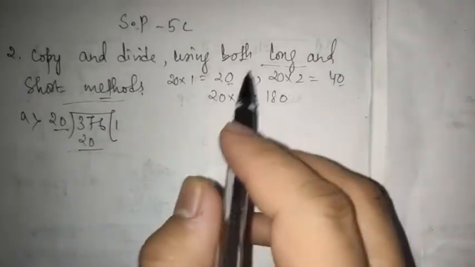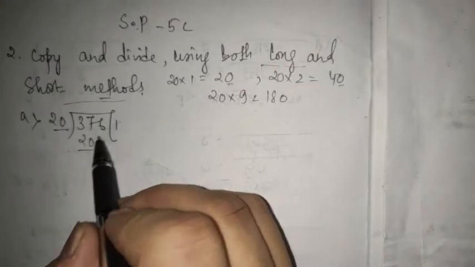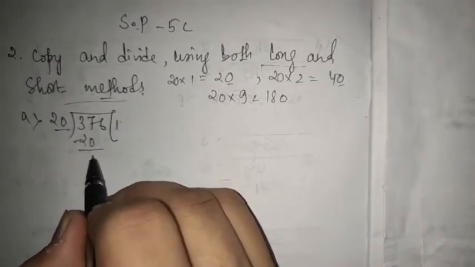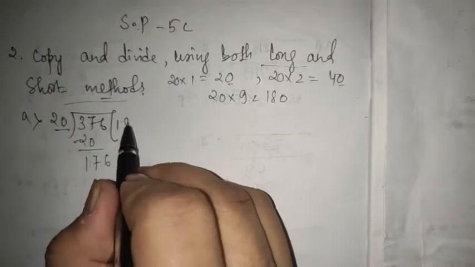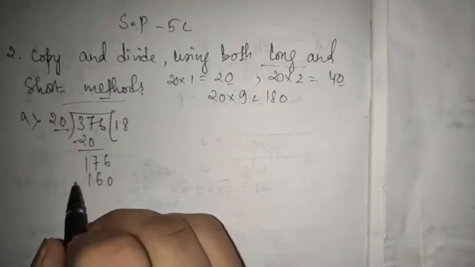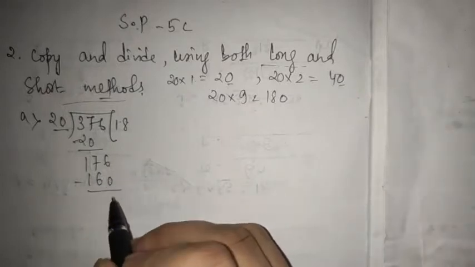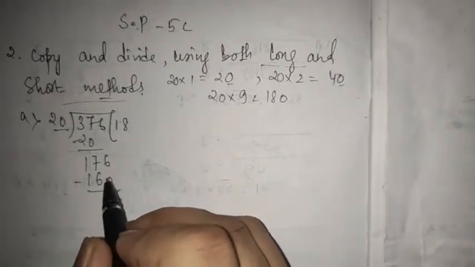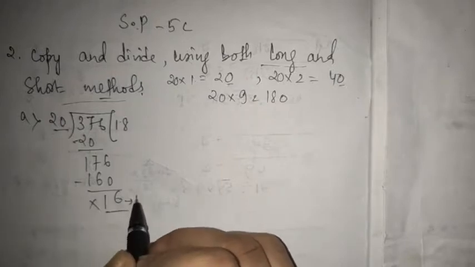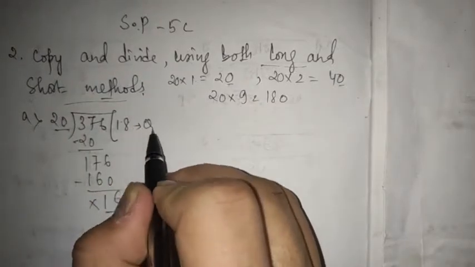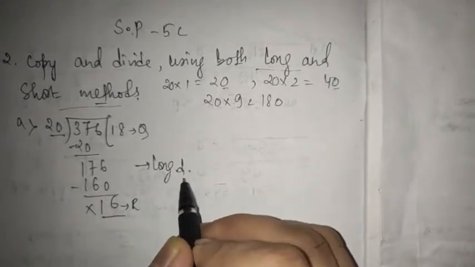This is the long division method I am doing. So one by one I will be using these steps. Okay, so 20 ones is 20. So minus it, 7 minus 6 is 1, right? So 20 8s are 160, so I am using this. 20 9s cannot be used because that will be 180. So 8 is the only appropriate number. So 7 minus 6 is 1 again here. So this is the remainder. This is the remainder here, and this is your quotient. So this becomes your long division method.